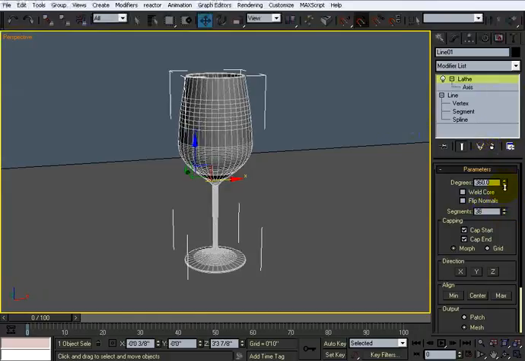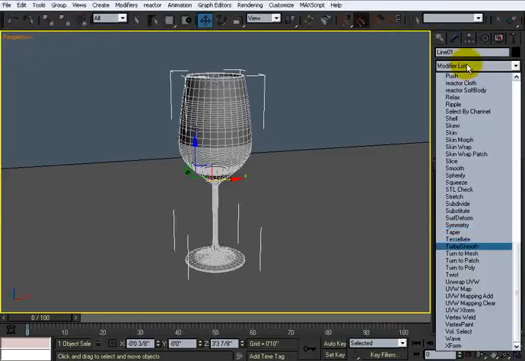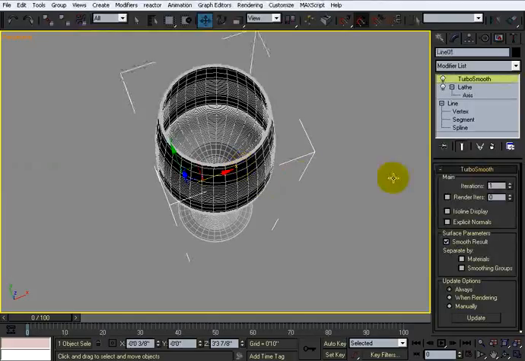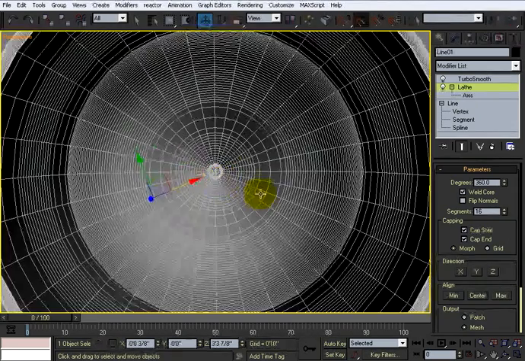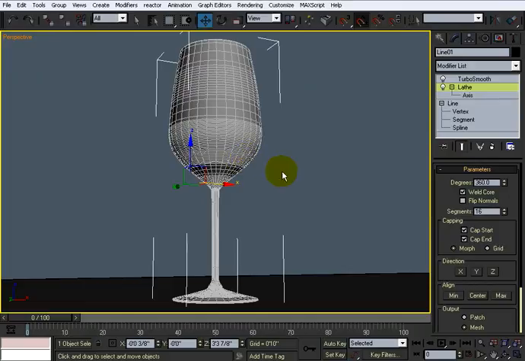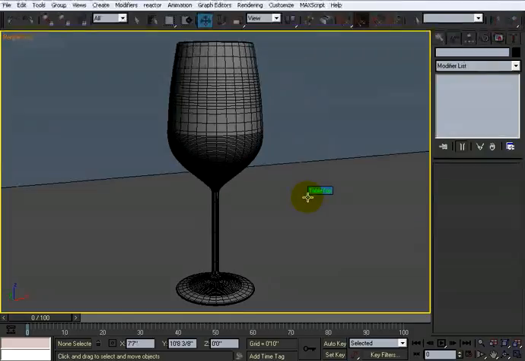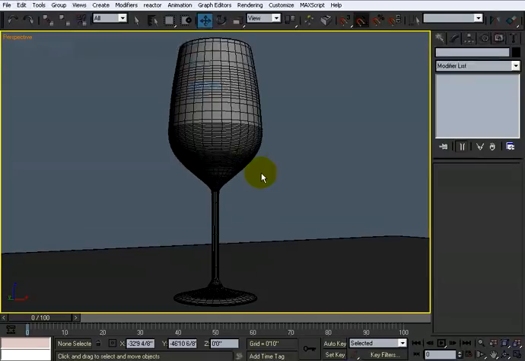You can up the segments if you want to, or you can lower the segments to something like, I don't know, back to 16 or whatever it was, and then add a turbo smooth on top of that if you wanted to, which will make it nice and smooth. Make sure you select these, go down to the lathe and weld the core so that there's no hole right here. And if it's black or looks kind of weird like that, make sure you flip the normals so that it's pointing out. So we hit F4 like that, and you have a nice smooth wine glass